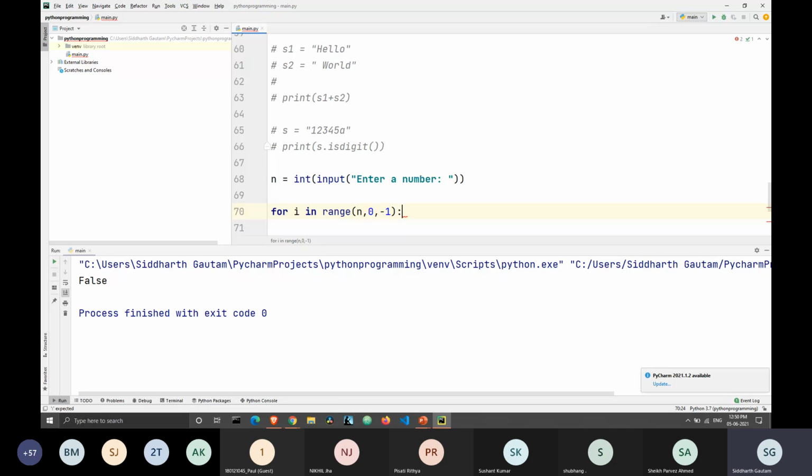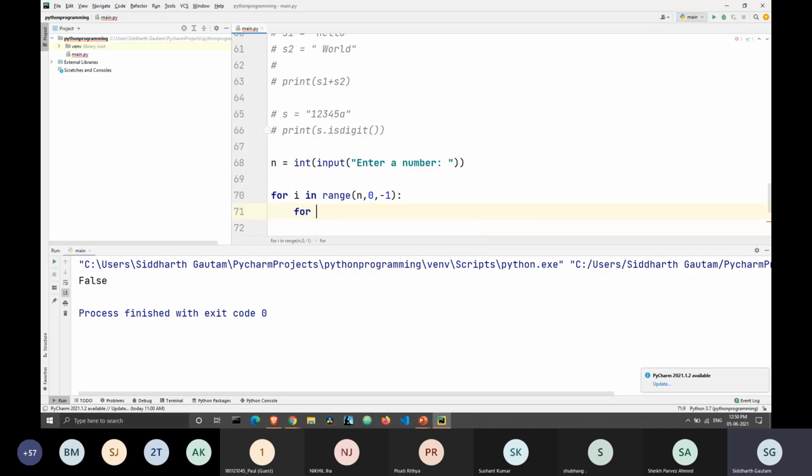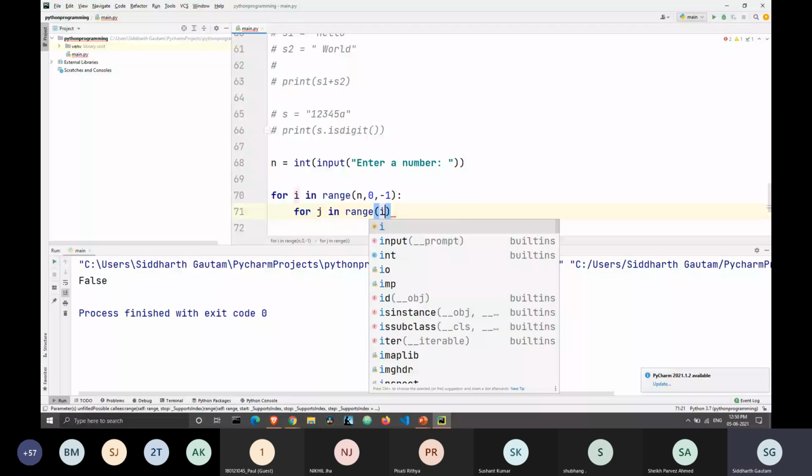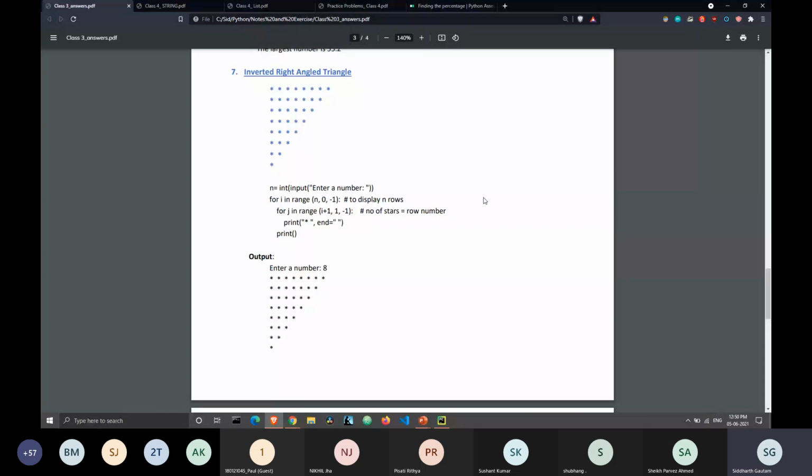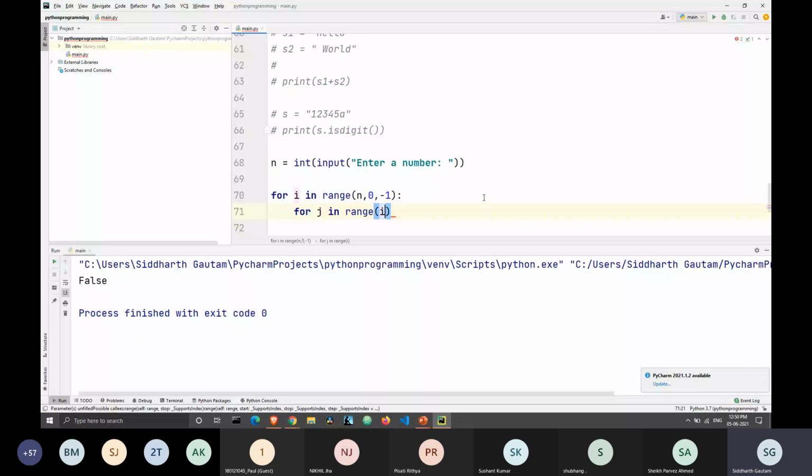Inside that loop we have another loop, for j in range of i plus 1 to 1, and this is also going in the reverse direction.